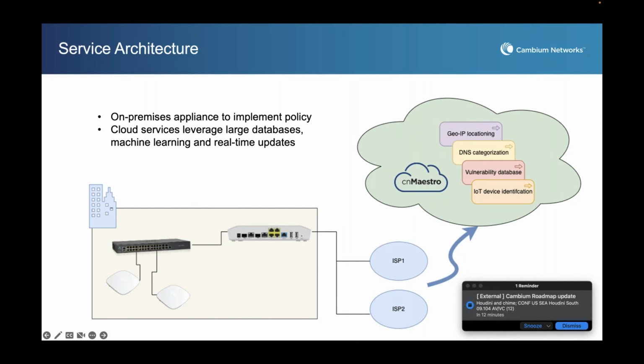These are all services that cnMaestro subscribes to, and the policies are pushed to the device on premises, and think of that as a policy enforcer. So that will do the policy enforcement. And from an architecture perspective, you need the NSC 3000 hardware appliance combined with a subscription to cnMaestro, which gets you access to these databases and gives you the most current signatures and so on. So that's how the unit is set up and the makeup of the architecture.